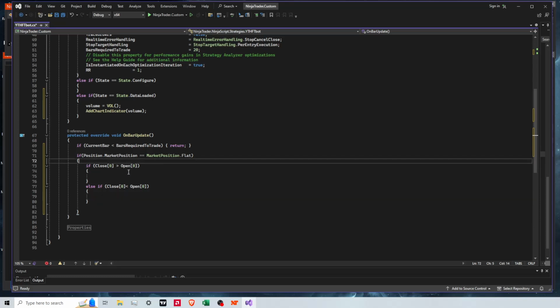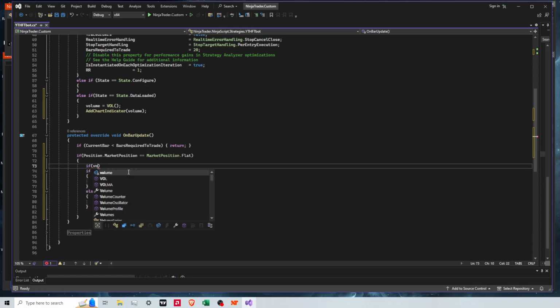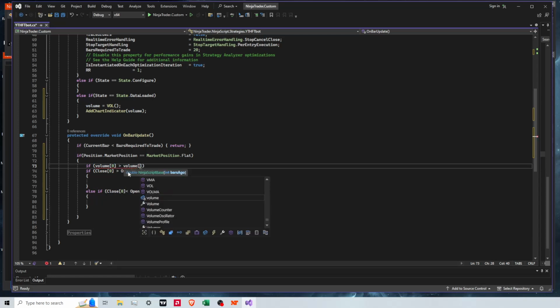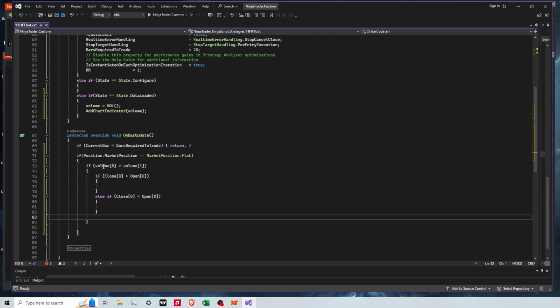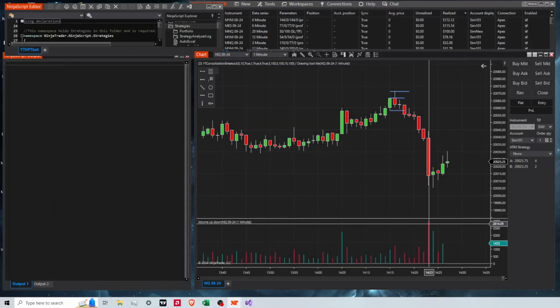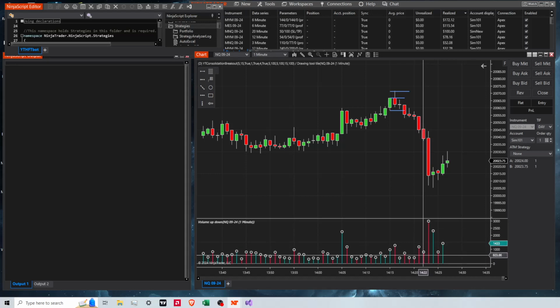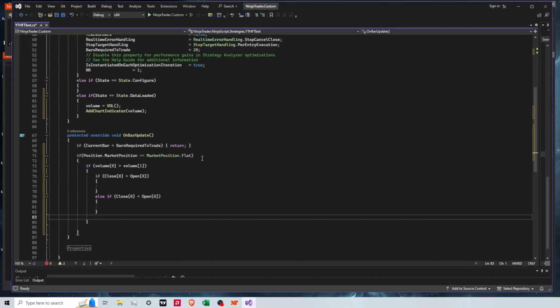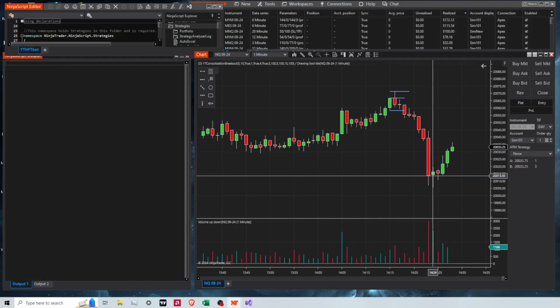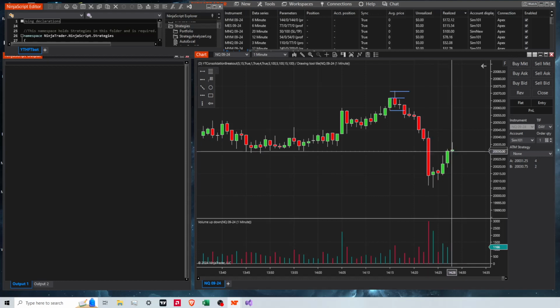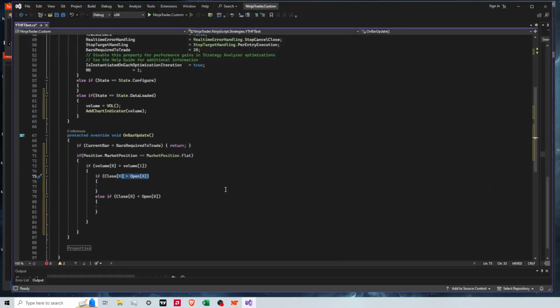Then, actually before we do this, we can check if the volume of the most recent candle is greater than volume of one candle back, then we want to set our pending order, stop order. So if the volume of the most recent candle, so here would be this candle, is greater than the volume of the candle before. Now, that's what this line does. Now, if the close is less than the open, which here the close is less than the open, then we're going to set our pending order. So here would be in drawdown, and looks like this trade might lose, but